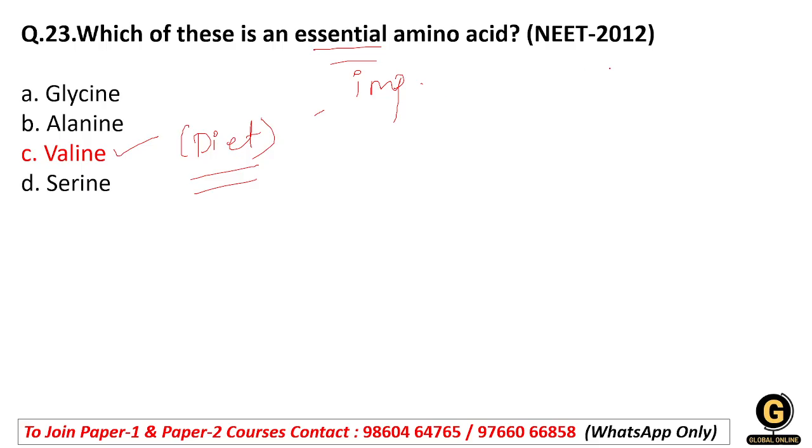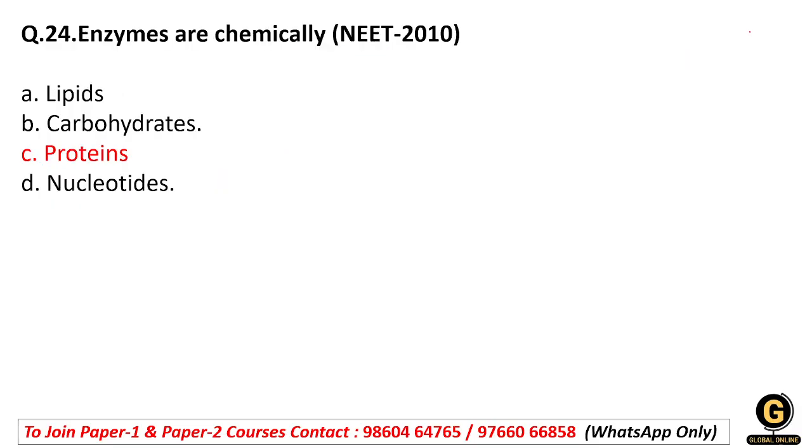So this question was asked in the year 2012. Next, enzymes are chemically dash. Options are lipids, carbohydrates, proteins, and nucleotides. Yes, so the right answer is proteins, because enzymes are the globular proteins that act as a